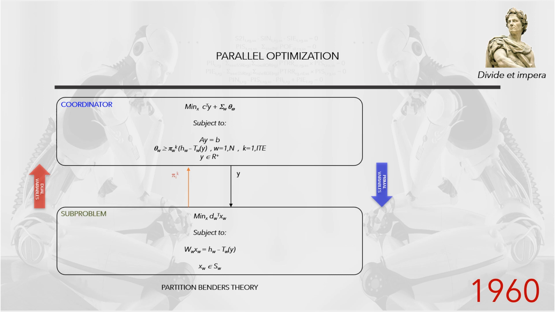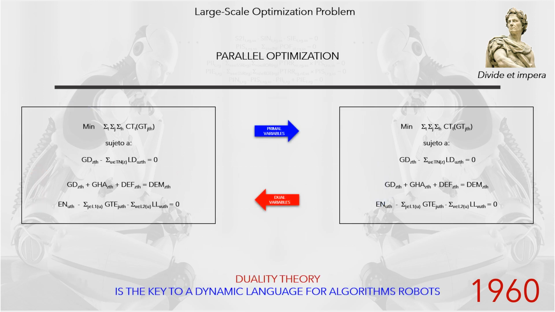Benders partition, or Benders decomposition, is a technique in mathematical programming that allows the solution of very large mixed linear programming problems that have a special block structure. This block structure often occurs in real applications. The importance of Benders' theory, which followed the work of Dantzig-Wolfe, is that it resulted in parallel optimization, based on